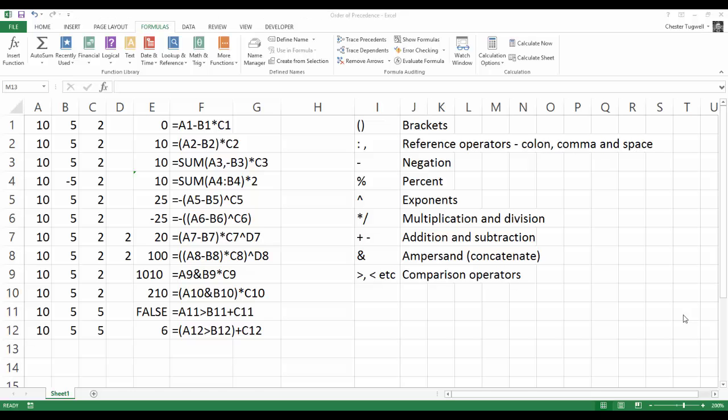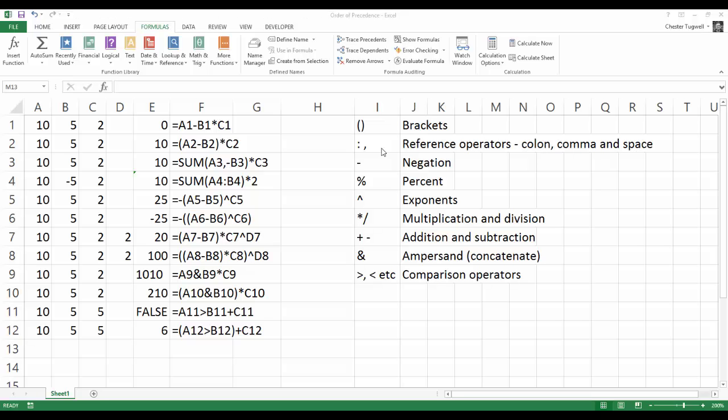There are in fact more levels, and I've written down here the different levels that Microsoft explains in its help sheet. So again, anything in brackets is calculated first, then we have reference operators that are actually calculated next. So that would include colons, where you express a range like A1 to B10. Commas, which are unions, so within SUM you could say A1 comma B10, and it would add up both values. You can also use a space, which is an intersection operator. We won't go into that in this video, but there are other videos on the channel that explain the intersection